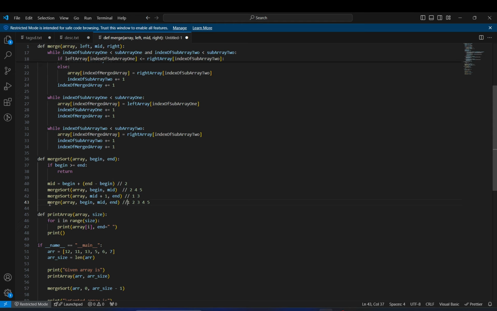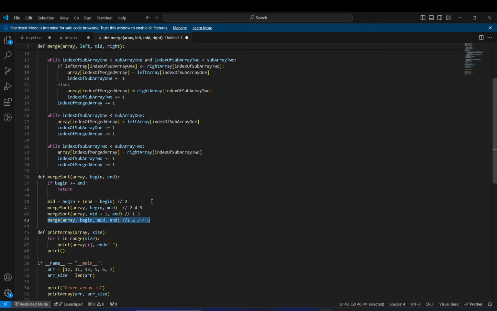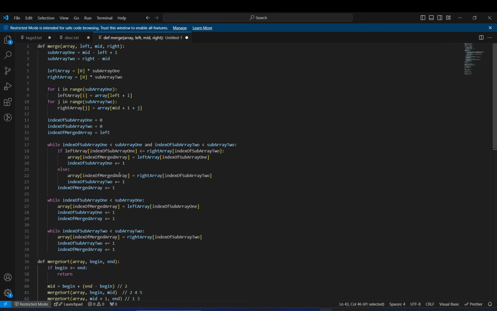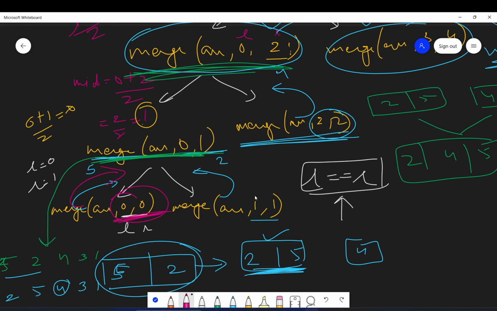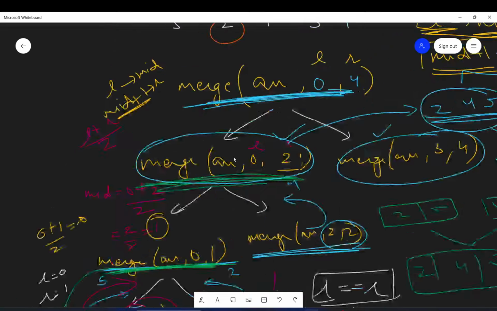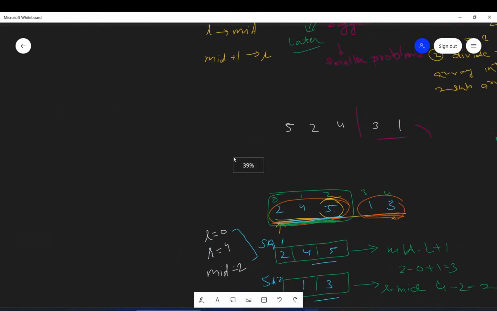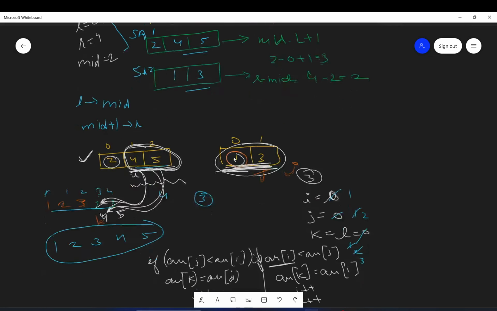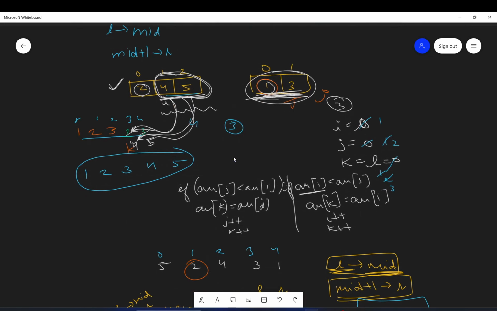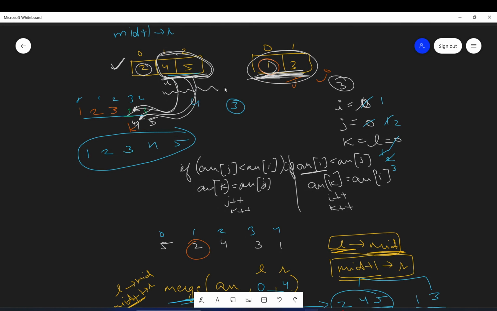Okay, so let's see what happens in this merge. If you remember how we did merge, let me just show you once. First of all, we created two subarrays.